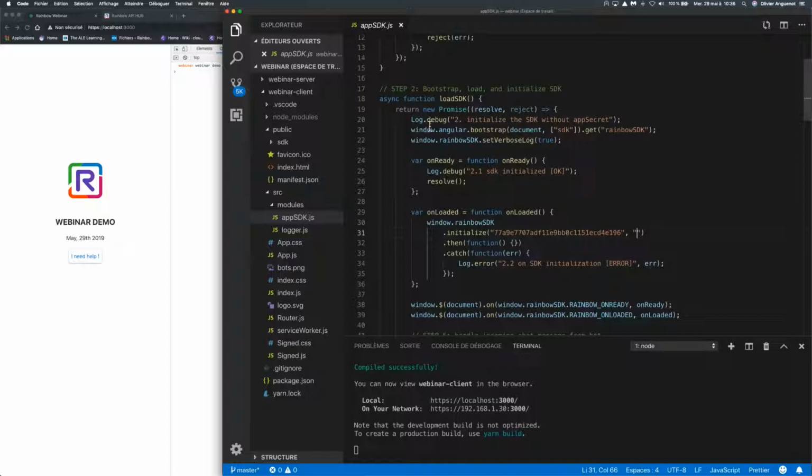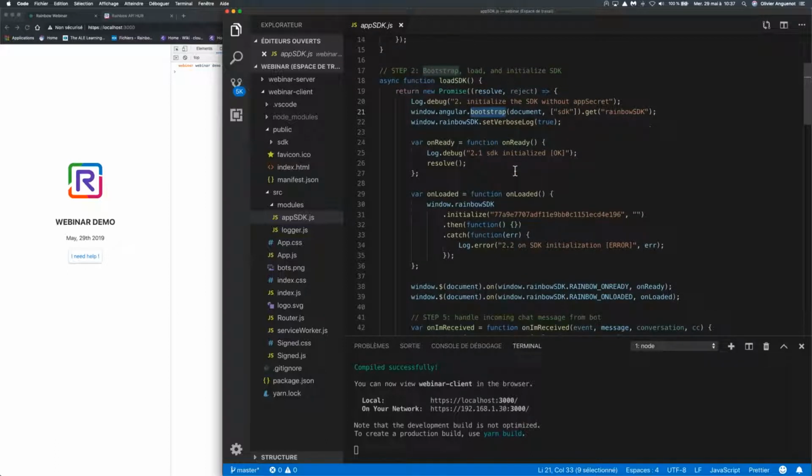So in that method, like when using the SDK, I bootstrap the SDK because of Angular. So I need to do that task. And then I set the level of log I want to use in my application. And after that, I initialize the SDK and I wait for the onReady event to be sure that the SDK is ready to be used.